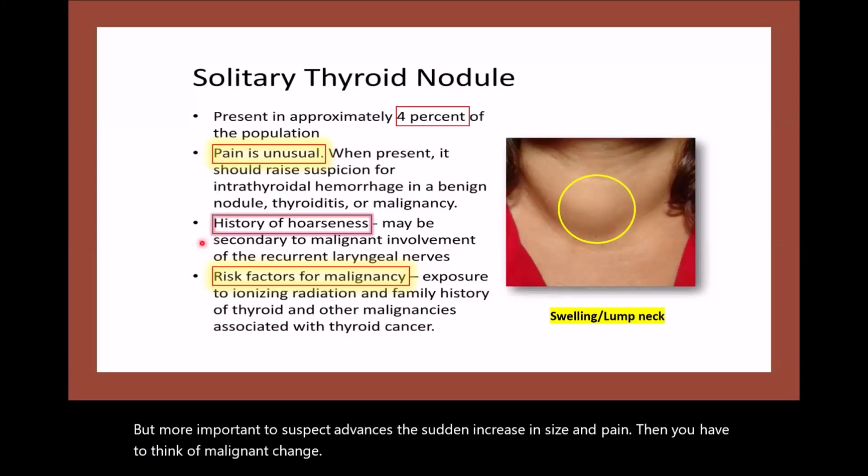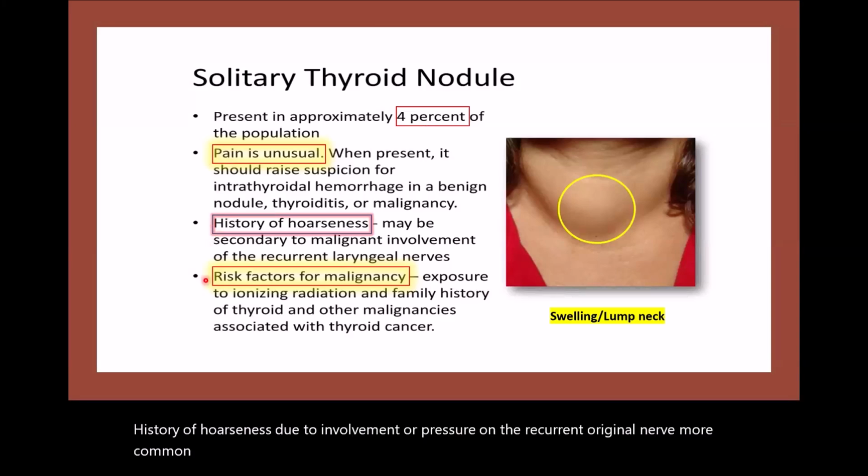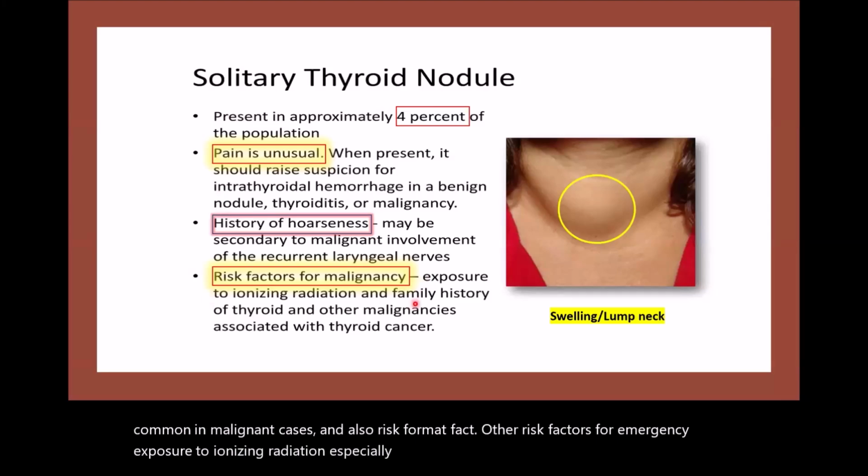History of hoarseness due to involvement or pressure on the recurrent laryngeal nerve is more common in malignant cases. And also other risk factors for malignancy: exposure to ionizing radiation, especially during childhood, family history of thyroid and other malignancies